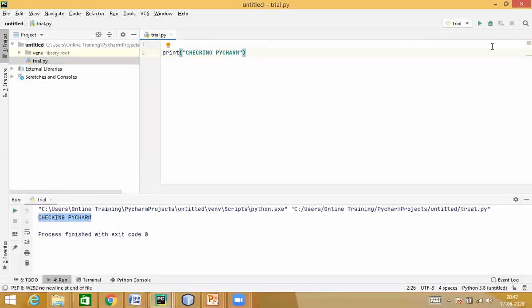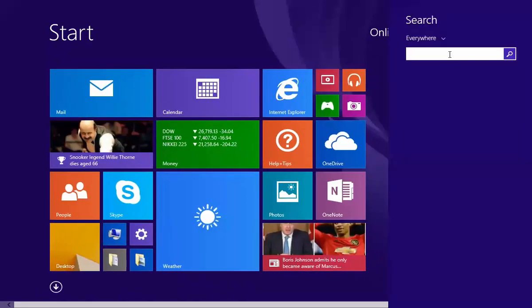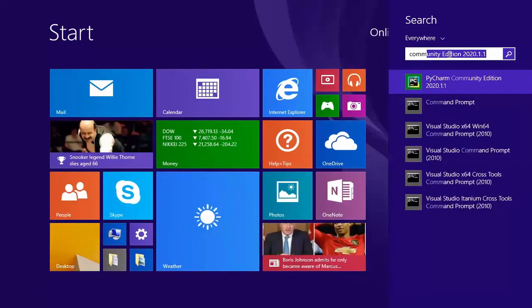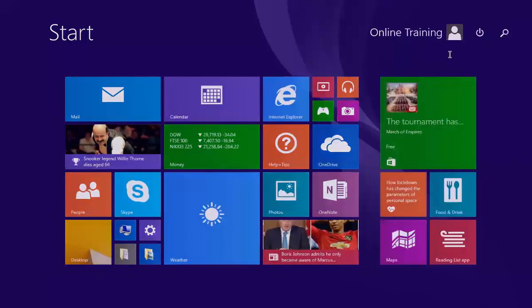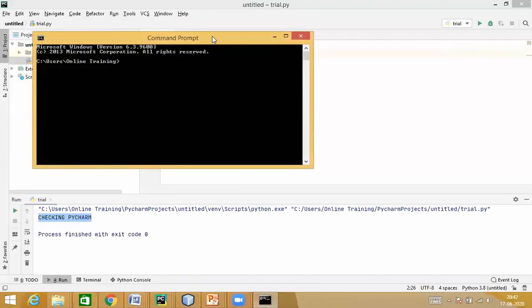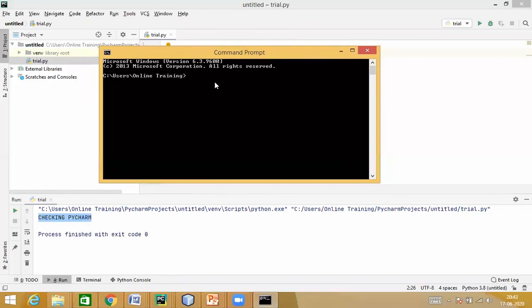Please come to this command prompt. Now, you can go to the root directory. I'll type change directory. It will go to the base directory.